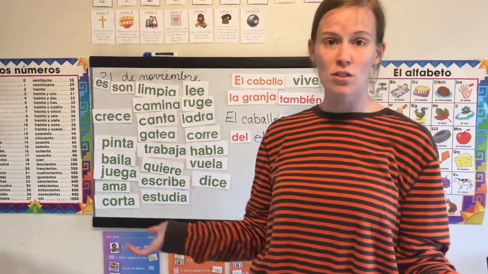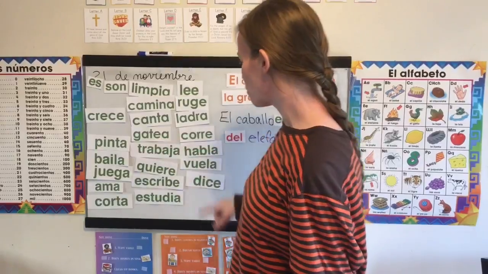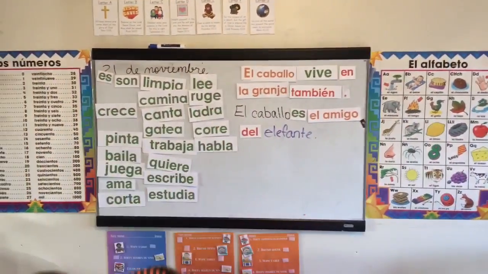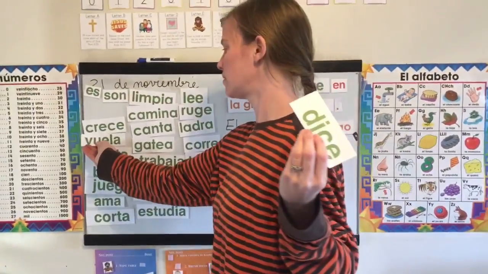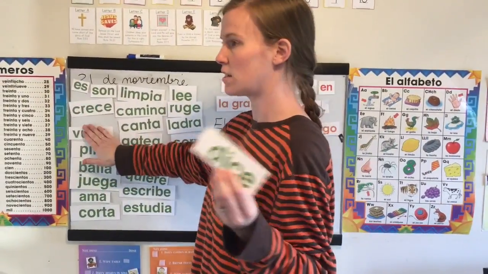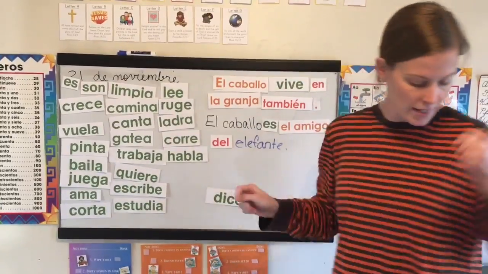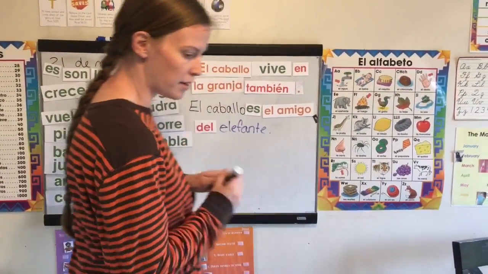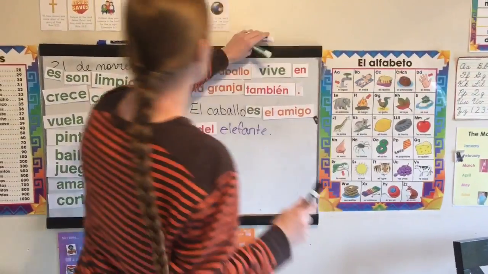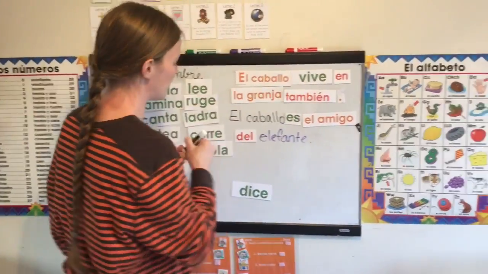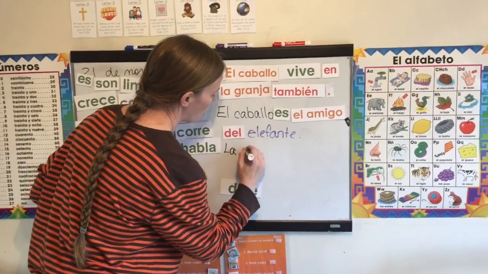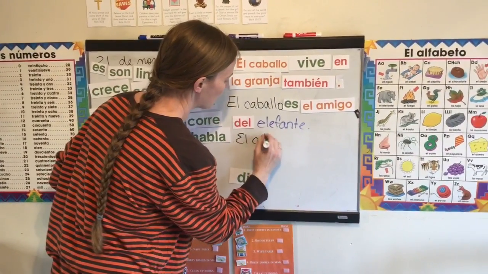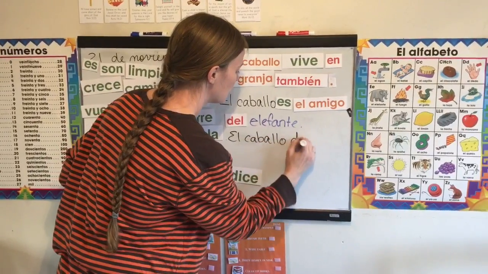And they're friends, so they're probably going to talk to each other. So what word are we going to use to say what they're saying? The word is dice. And I dropped vuela. I know everyone loves to use vuela in their sentences. So we're going to find a way to use dice. How about we say, not la oveja, perdón. El caballo dice,